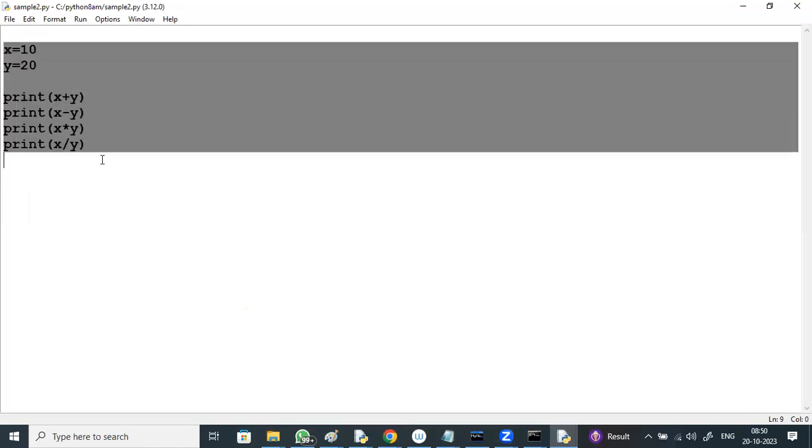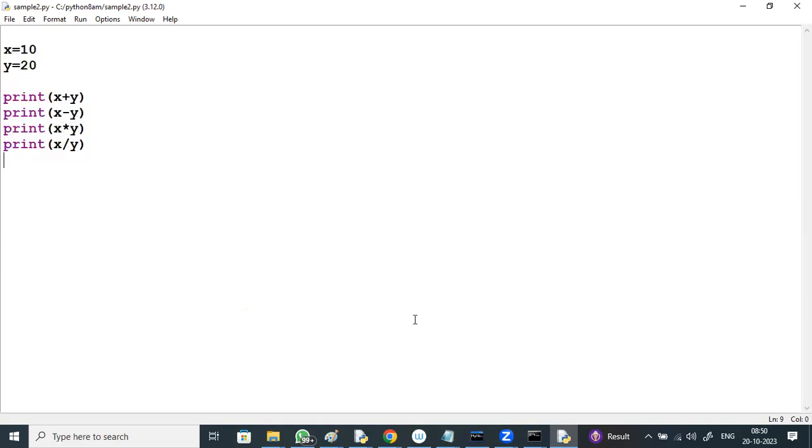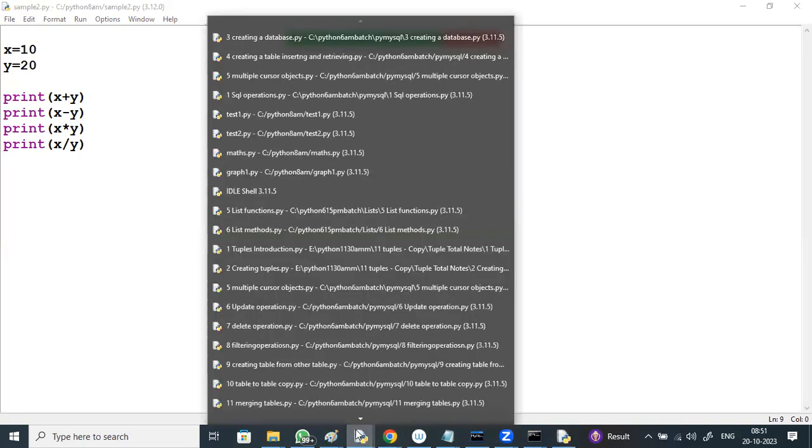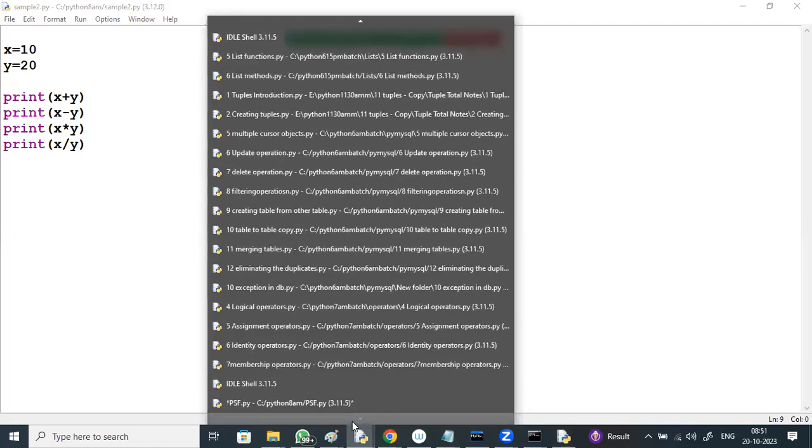So you can write the code here, and you can execute the code yourself. But previously we were writing at one place, and executing at the other place. So understood, right, everyone?